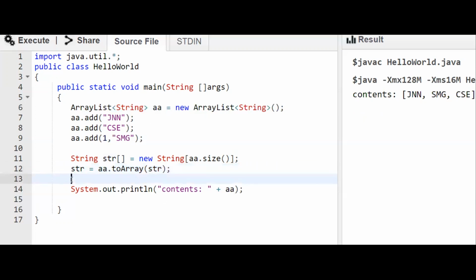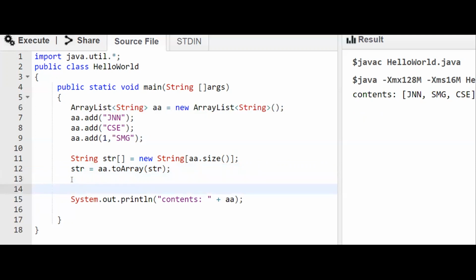Anyway, we are printing the contents of the array list itself, or we can just iterate over this. So we can print this str array. It will just print it as an array, or we can specify the particular index or loop over that particular string array and print all the content.